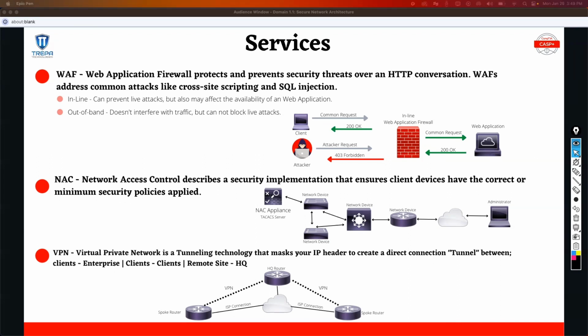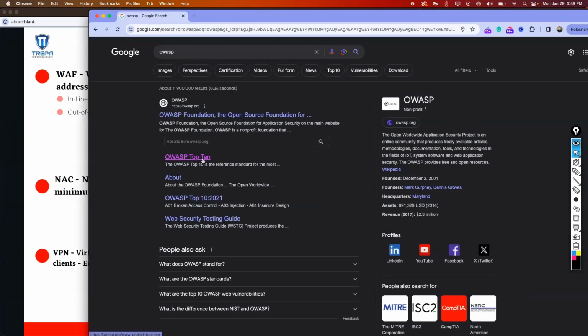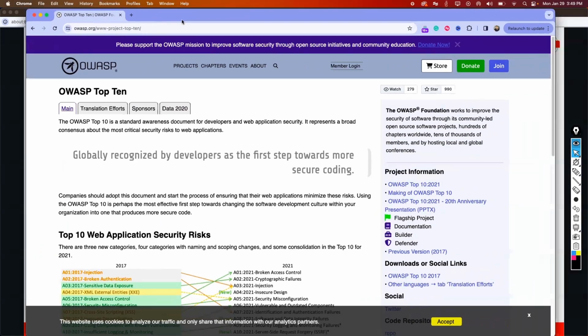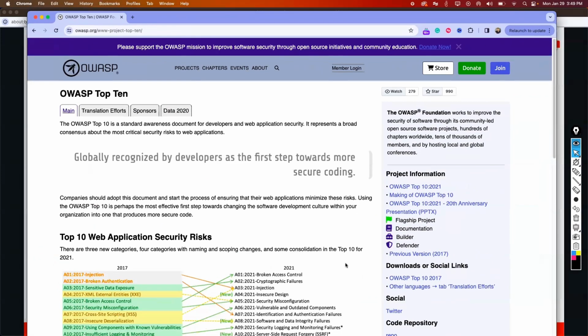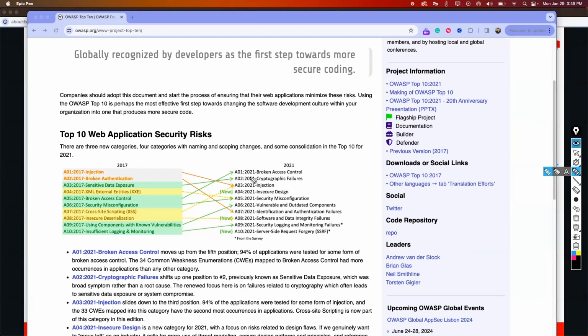One of the things I like to bring up when we talk about this is a website called OWASP. That's the OWASP Foundation, the open source foundation for protecting web servers and your websites. With a web application firewall, you can say, these are all my web-based attacks. This is what a web application firewall should protect me from, especially if the attack is initiated from actual HTTP. Obviously, insecure design, that's on you, the administrator. You deploy a web server, make sure you have hardened web servers. We're going to talk about this later, but if you're looking at what you want protection from when it's